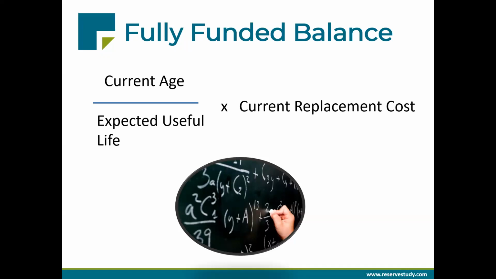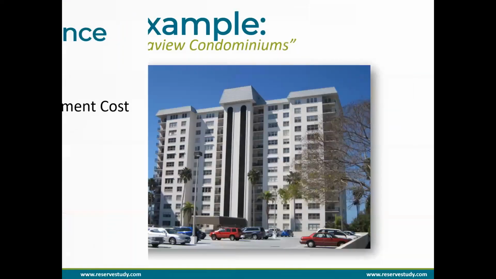Okay, so when we do a reserve study, we're going to go through this line by line. Doesn't matter if they have 4 components or 400. We're going to calculate the individual fully funded balance for each of those line items and then add those together, which tells us the fully funded balance for the entire association. So once we've done that exercise, now we have something to use. We have something to compare against their actual cash on hand and put that number in perspective.